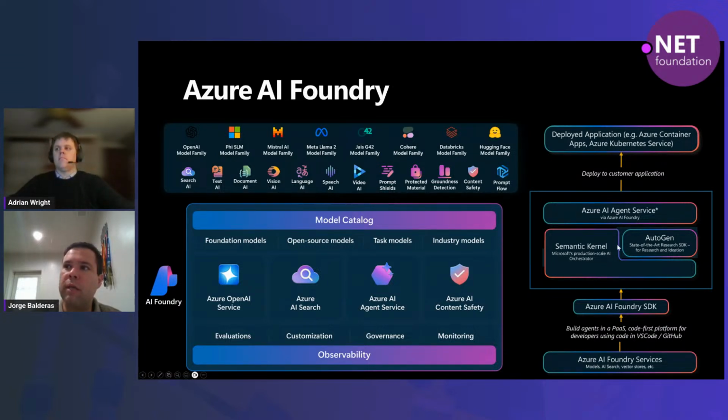The only last part that we won't show today is AutoGen. That is more of a research SDK that is available. Typically the new features will be available in AutoGen first, and then once they mature, graduate to Semantic Kernel. Semantic Kernel is, as it says here, really meant for production-level applications. So if you want to put this in your applications, you want to look into Semantic Kernel. But if you just want to experiment with the latest and greatest, AutoGen may be a better place to start.